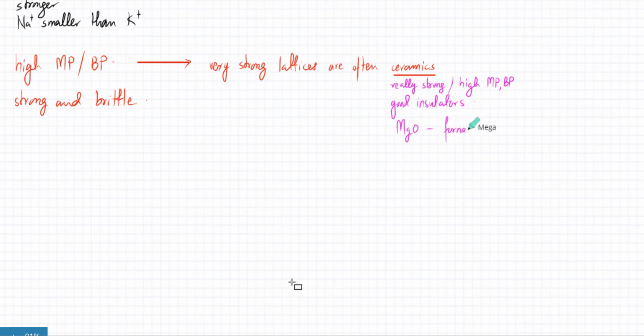So the inside of the furnace linings, etc., are made from MgO. Aluminium oxide, on the other hand, is also a very strong ionic compound. Aluminium is +3, O is -2. So there's a very strong attraction between the ions. So this is used for